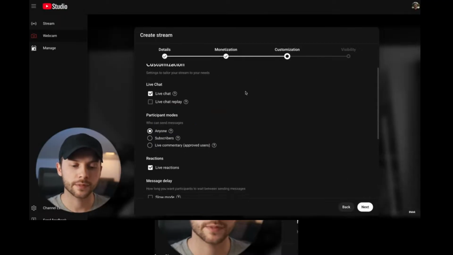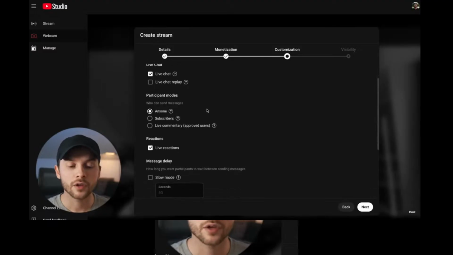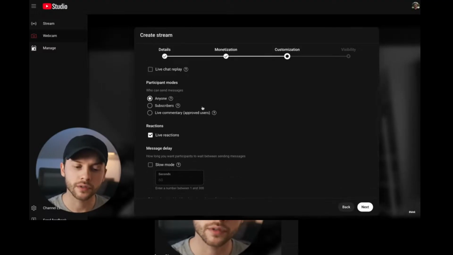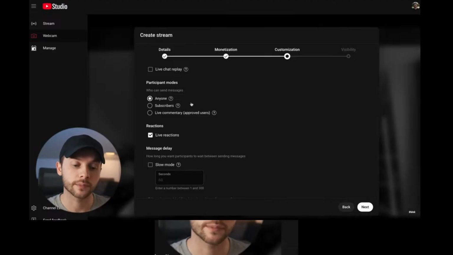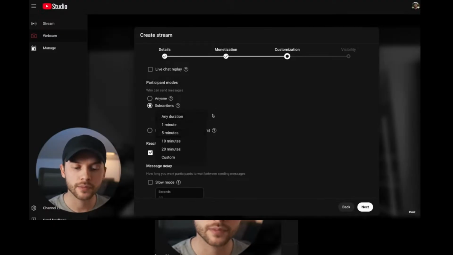You could turn monetization on if you want, or just leave it off. And then you go to these customization settings. So this is where you'll enable if you want live chat or not. Also, this participant mode is kind of important. Who do you want to be able to send messages and participate during your live stream? You can select anyone. There's this subscriber feature, which is kind of interesting, where there's a minimum subscriber time that